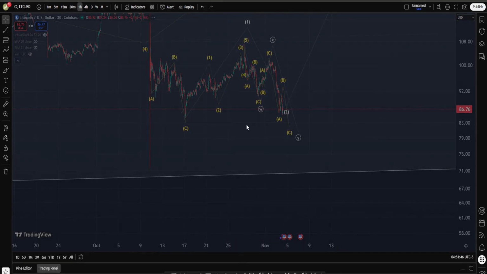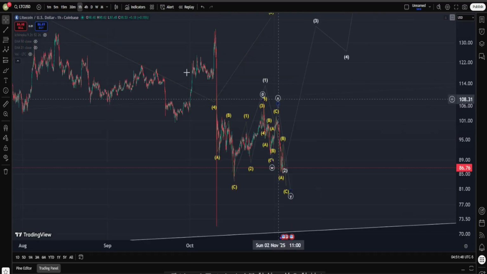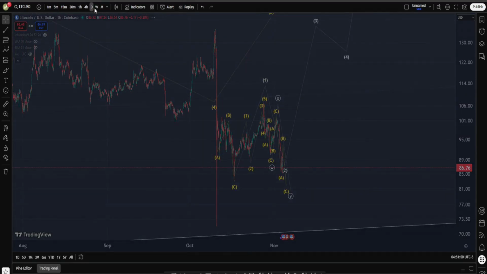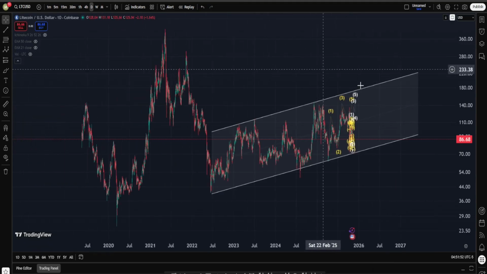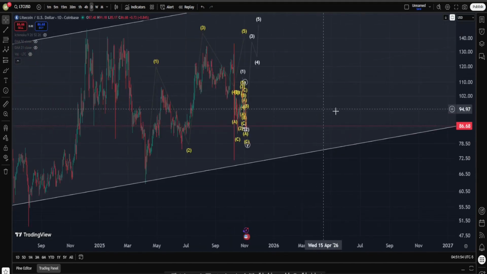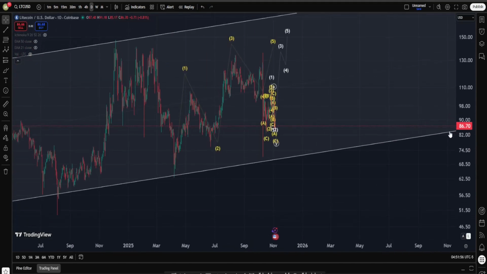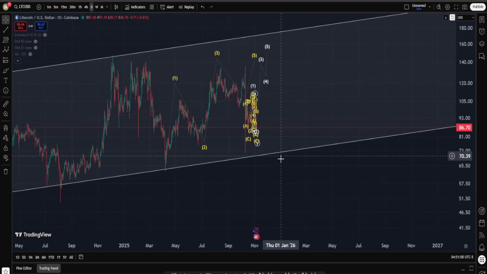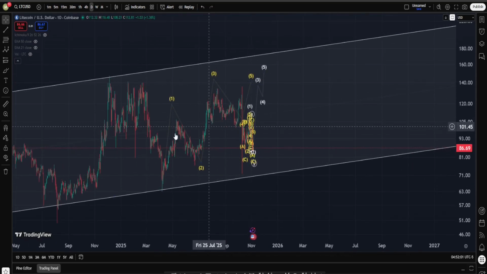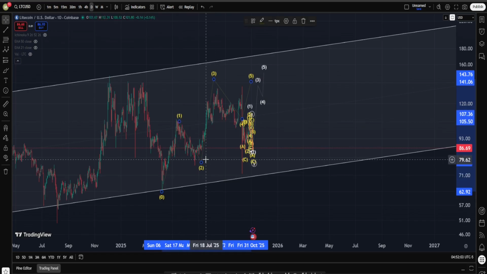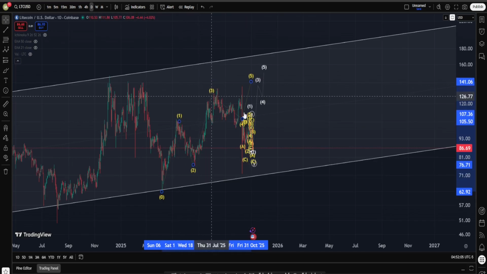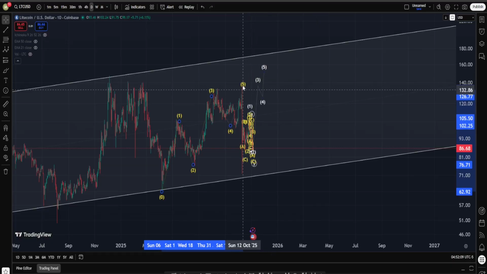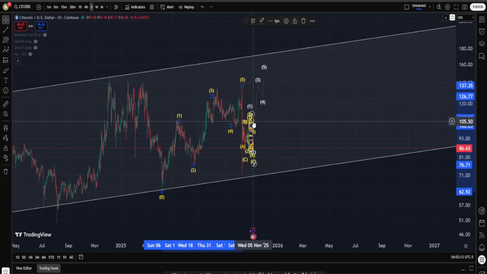Also, let's go on maybe H1. No, maybe on daily time frame, it's a bit better. Okay, let's zoom more, see what is happening. You see, of course, in Litecoin, you can consider many different counts, but what about this one? Maybe this is one, this is a wave two, this is wave three, this is correction for four, followed by another pitch perfect impulse. When you go on some lower time frames, you're absolutely able to find the subwaves in here into our wave five.